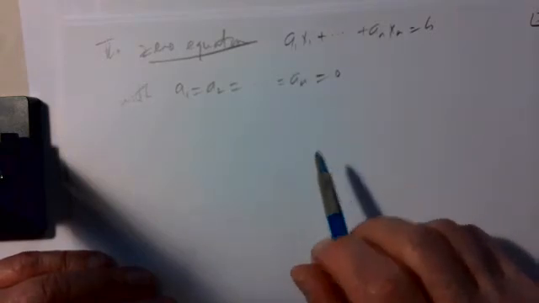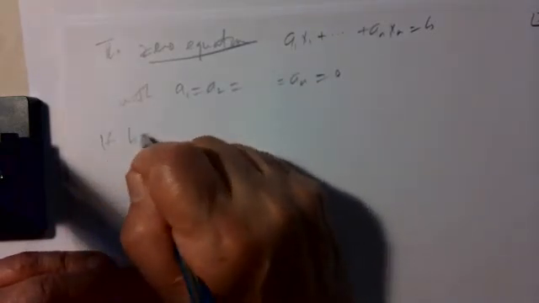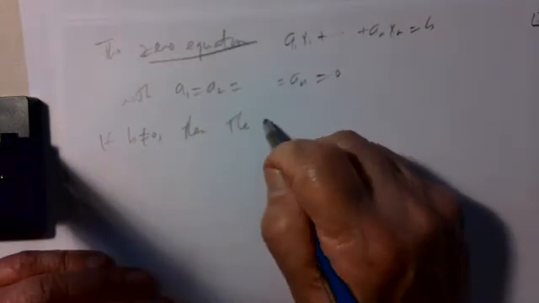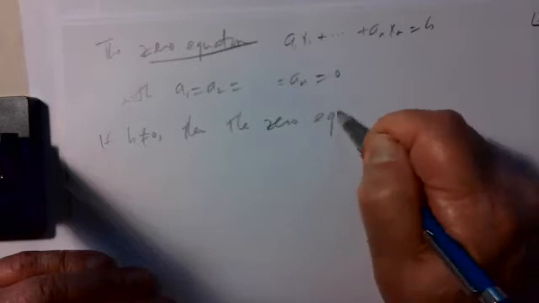That's what is called the zero equation. So if b is not 0, then the zero equation